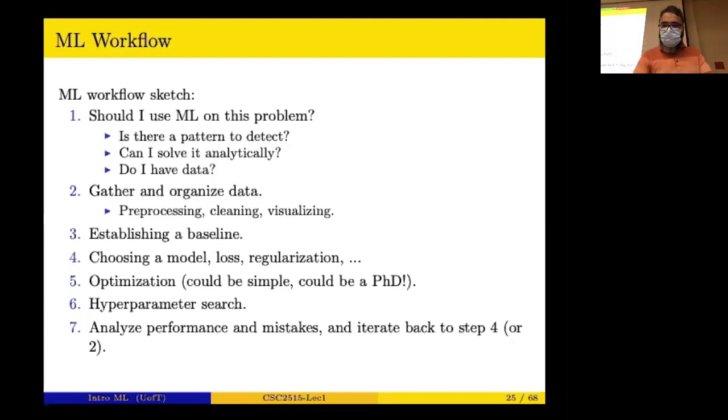But we talk a lot about different models, different loss functions. We talk about optimization. We talk about hyperparameters more. The question is, what do you mean by hyperparameters? We will see what I mean. I give an example if I have time today, but basically, these are the parameters of a machine learning algorithm that you tune, you say how this machine learning algorithm should work. But you will see what I mean.